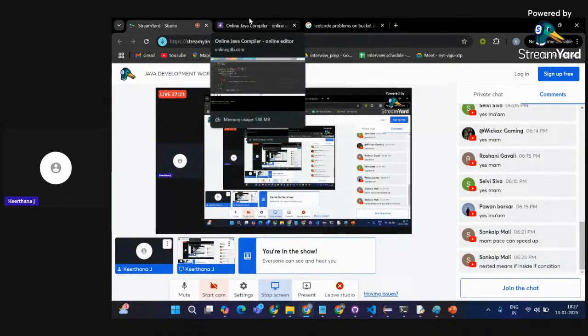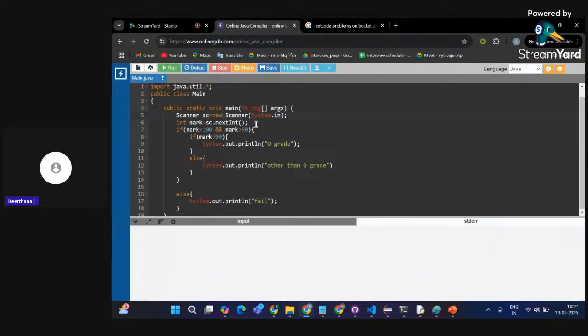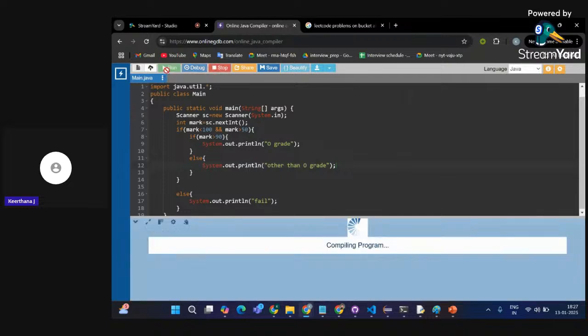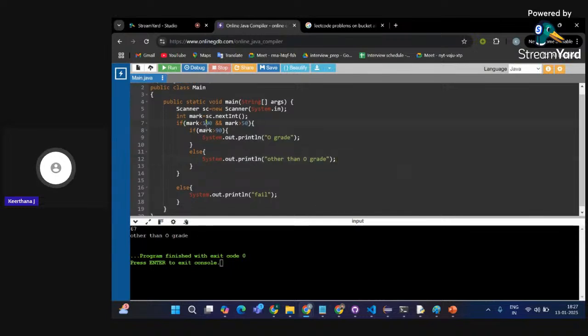Okay, so I'm giving the same 67. What happens? It checks if my mark is less than 100 and if my mark is greater than 50. Yep, that's true. So it comes to the inner if. It checks if 67 is greater than 90. No. So the corresponding else block will be executed.